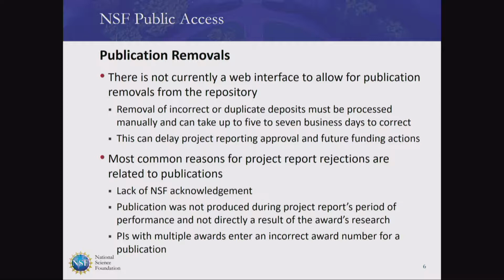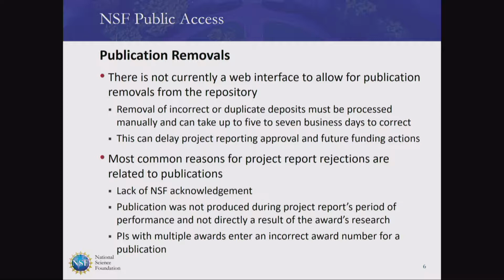Our repository is actually not hosted at NSF. It is a repository hosted by DOE, the Department of Energy. So there's a lot of touch points where we have to remove that association. So it could take up to 5 to 7 business days to get a publication removed from an award. This is important because if you have an overdue project report, this 5 to 7 days could be pretty critical. We will be looking into building a removal feature in our application, but it's not going to be available anytime